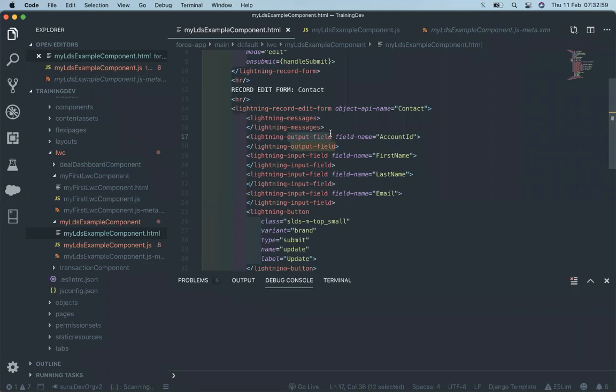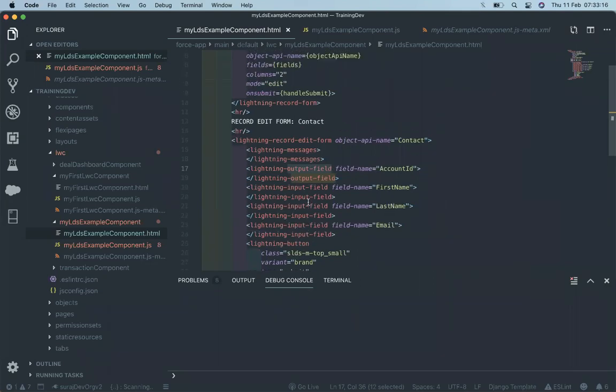All of the input fields have the same property: they include all the permissions and required behavior. If the input field is required, then it automatically becomes required, and it will also automatically inherit the permissions from Salesforce. So for that, we can use that input field.